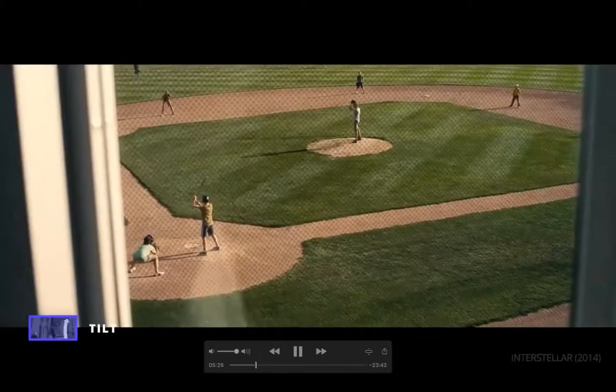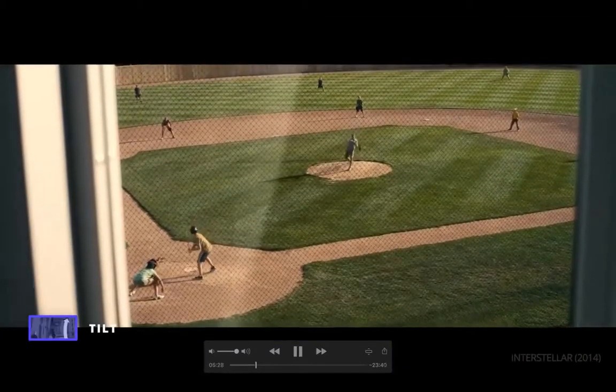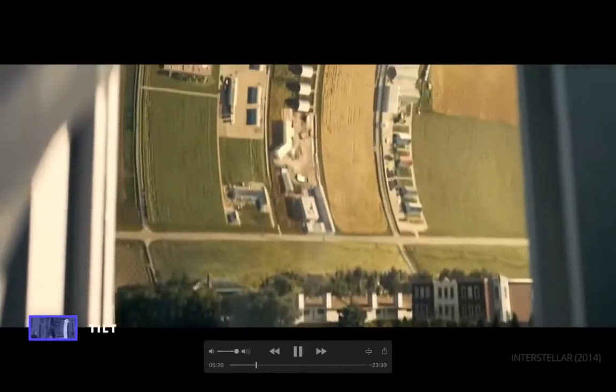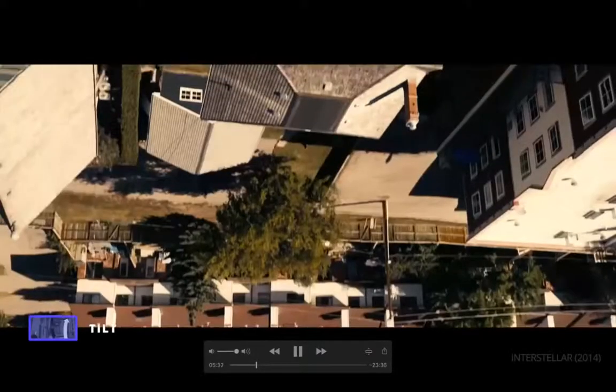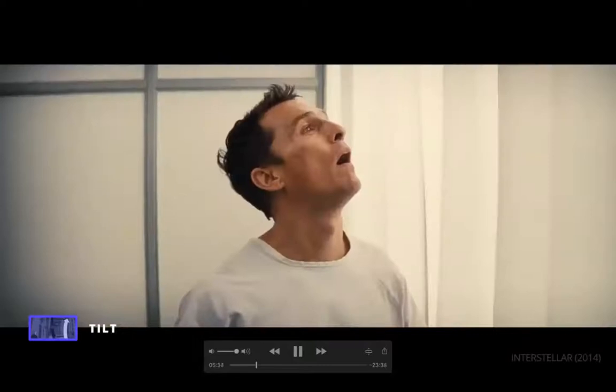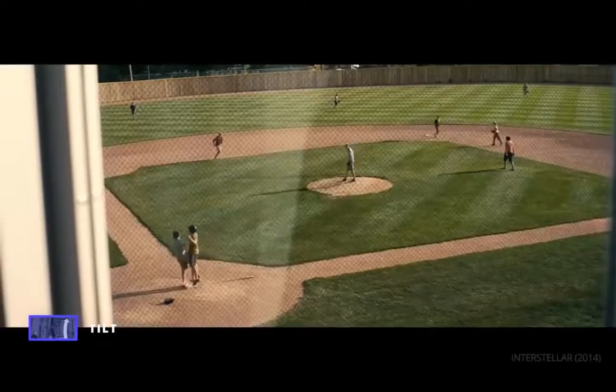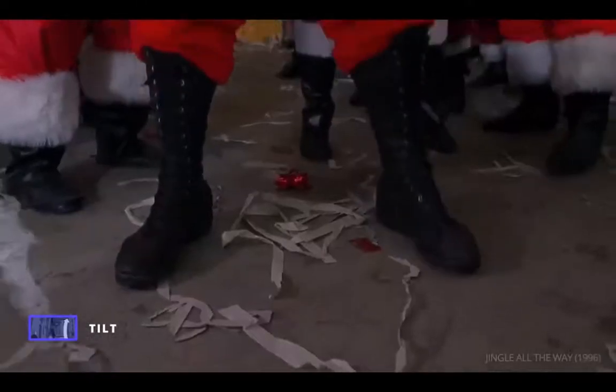Filmmakers use tilts to capture the verticality of a film's world. That was a tilt. This can be used to give a character dominance,